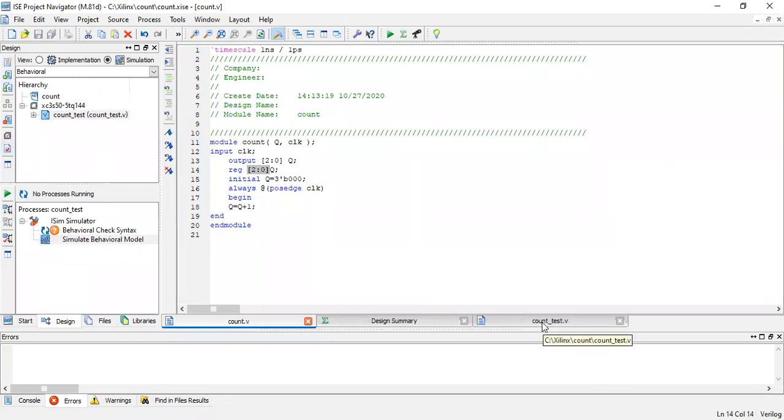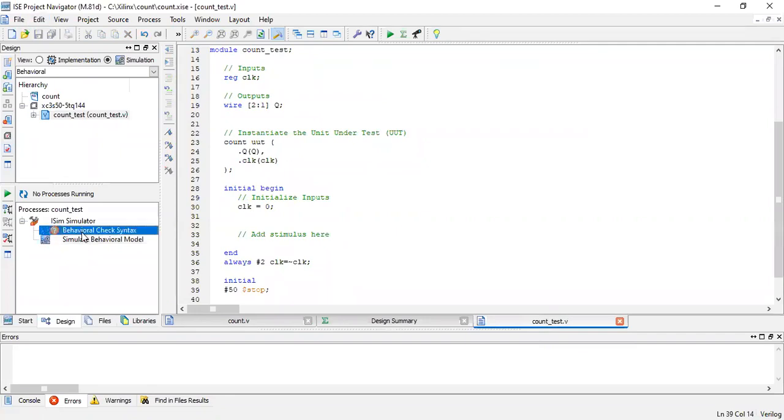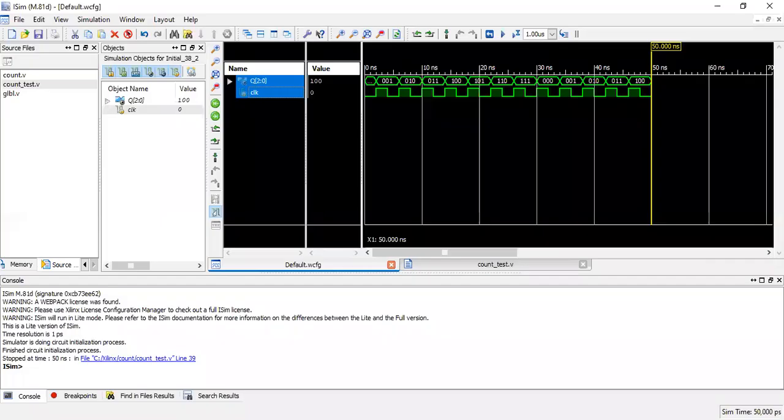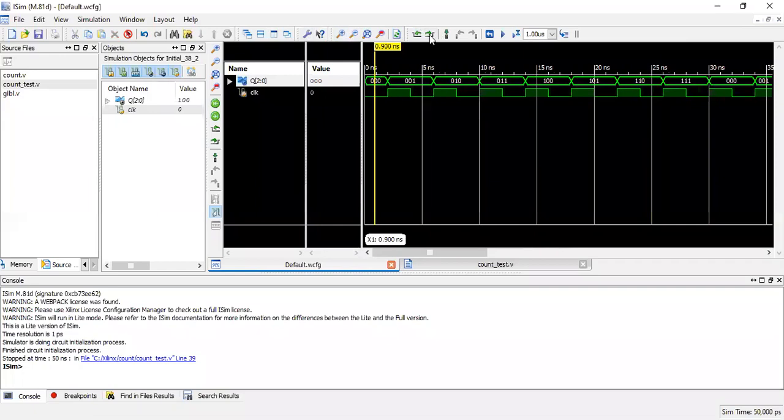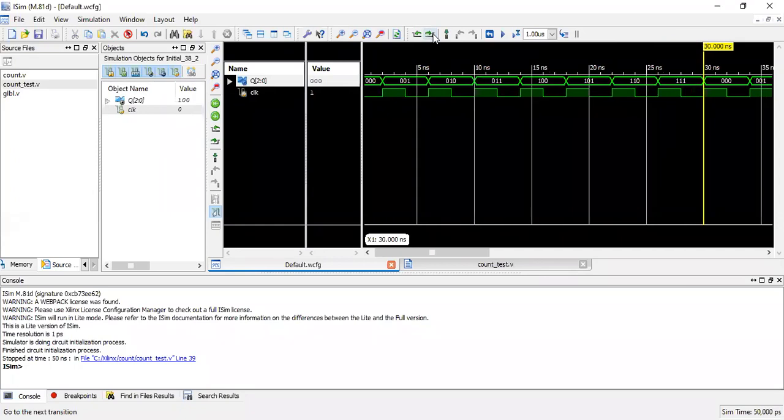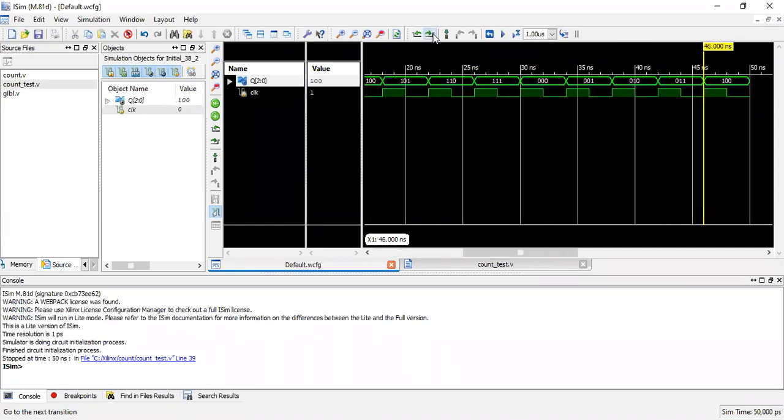Go to the test bench. I will resimulate it. Now we can see that we have got the output for a 3-bit counter. What is the initial value I have? Initially it is 0, 0, 0. During the next positive edge, it is 0, 0, 1. Next, 0, 1, 0. Next, 0, 1, 1. Then 1, 0, 0, 1, 0, 1, 1, 1, 0, 1, 1, 1. After 1, 1, 1, what is it doing? It is going back to 0, 0, 0. It will continue with the count sequence. So this is the counter.